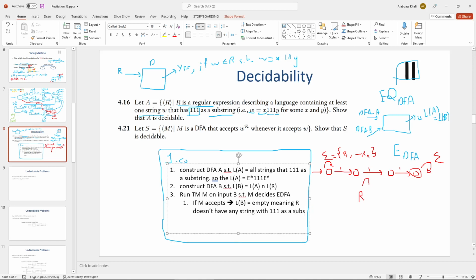Does that make sense? Because B is empty, that means the intersection is empty. So there's nothing in common between A, which accepts any string that has 111 as a substring, and R. So that must mean R doesn't accept any string that has 111 as a substring. So we should